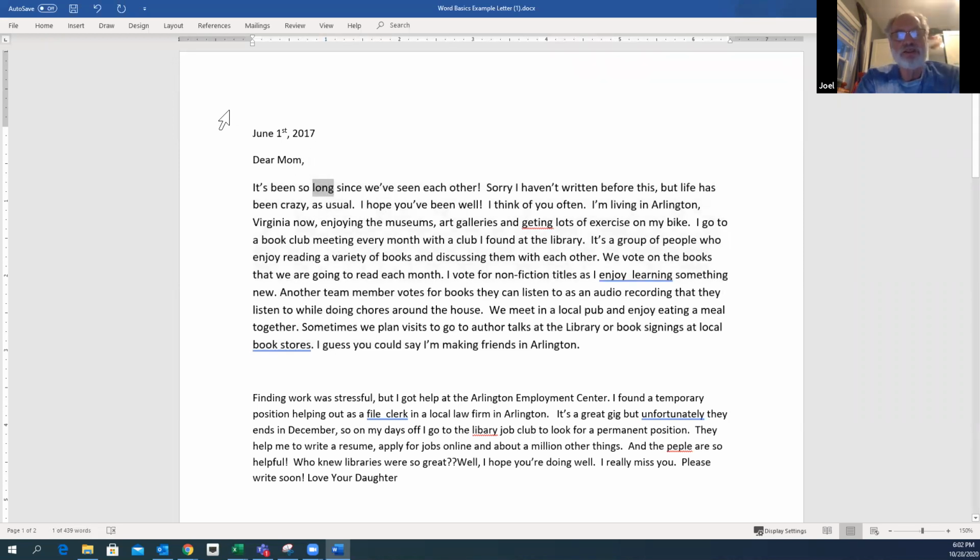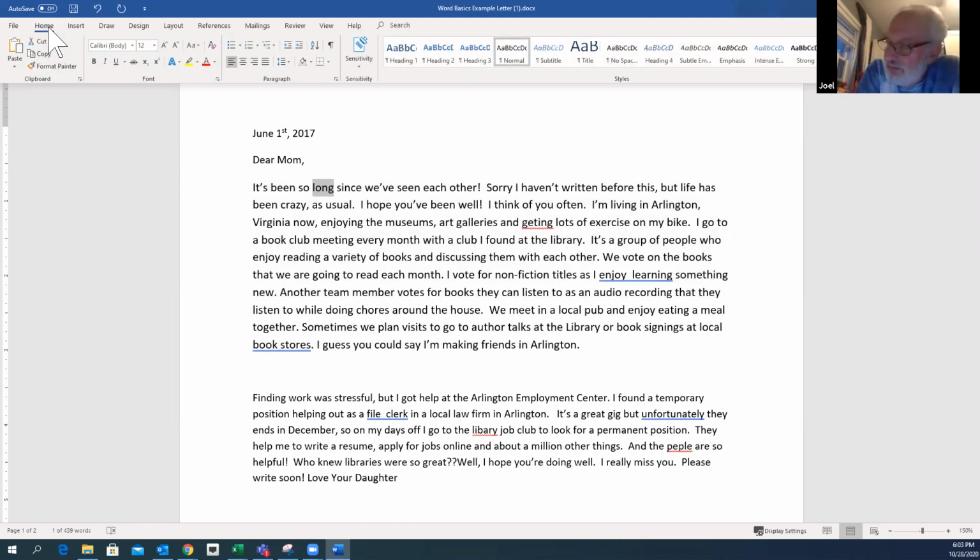Now, again, you can use that menu. You can also use the keyboard shortcuts. So you won't be able to see, but if you type Control B, it'll bold. If you try Control U, it'll underline. If you type Control I, it'll italic. And if you type it again, it'll undo. So again, I tend to use those just because that's the way I learned it, and it's a little quicker